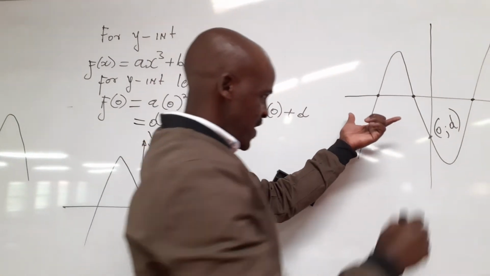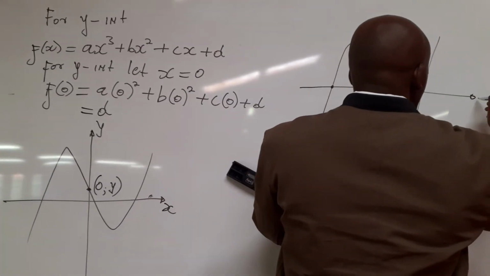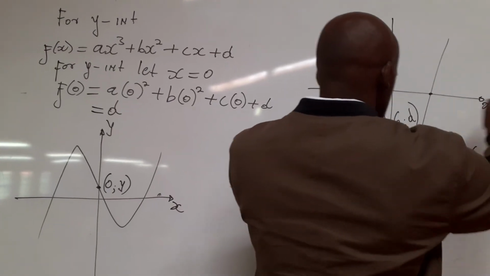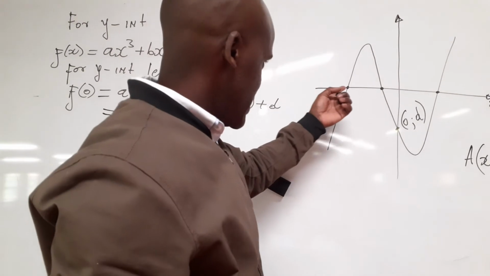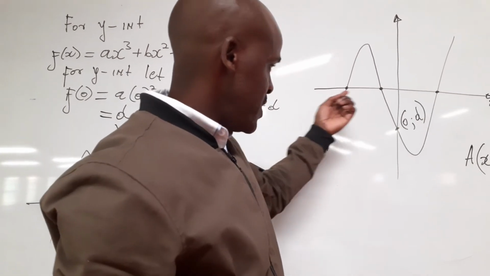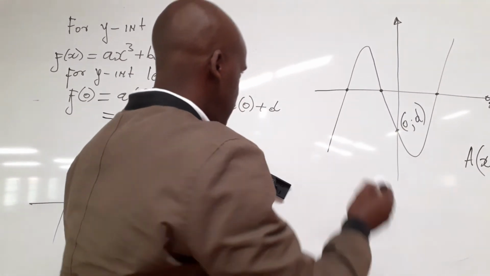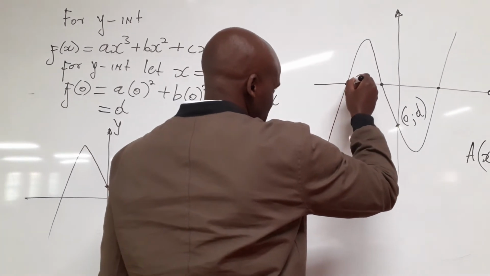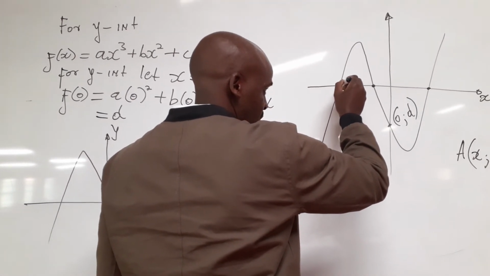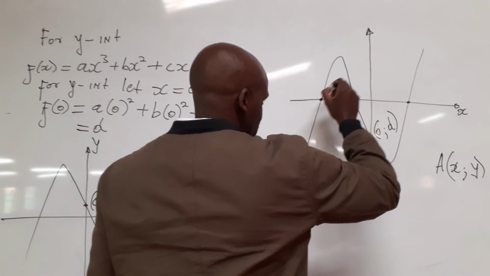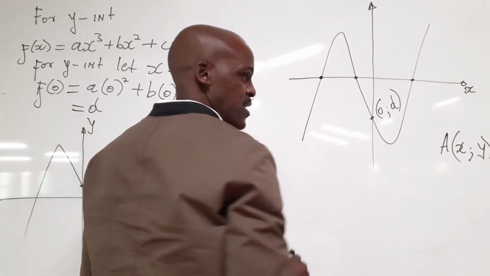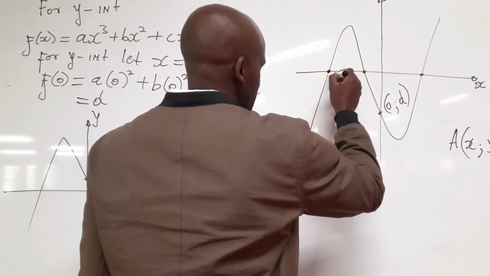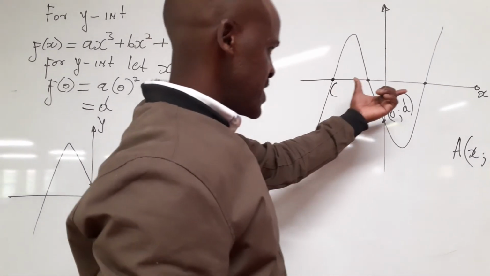X-intercept, we are talking about the x-axis. So obviously, since we are talking about the x-axis, there will be no y. It's only x there, only x, no y. Therefore, since there is x here, there is no y here. Which means, since we are having 3 points,